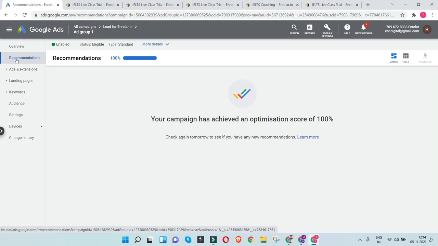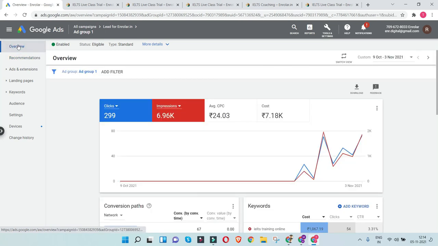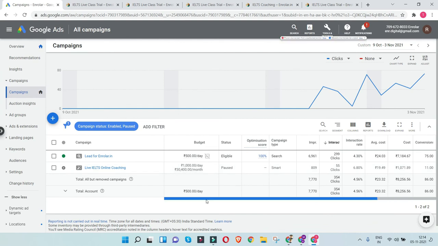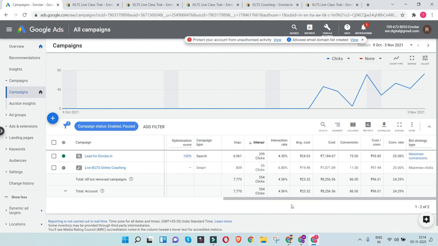So 3 things we have discussed in order to improve the ad quality and performance of ad accounts like this, where you have ads which are of poor quality. I mean, Google is quickly showing you that, hey, these ads are not going to give you good results, these are showing some poor quality. You need to check the conversion rate, you need to check the keywords that are giving you good clicks, so clicks at good price, good cost. And then you need to check the landing pages that are performing well, and then you need to check the ad copies, and then you can improve it further by using the recommendations,